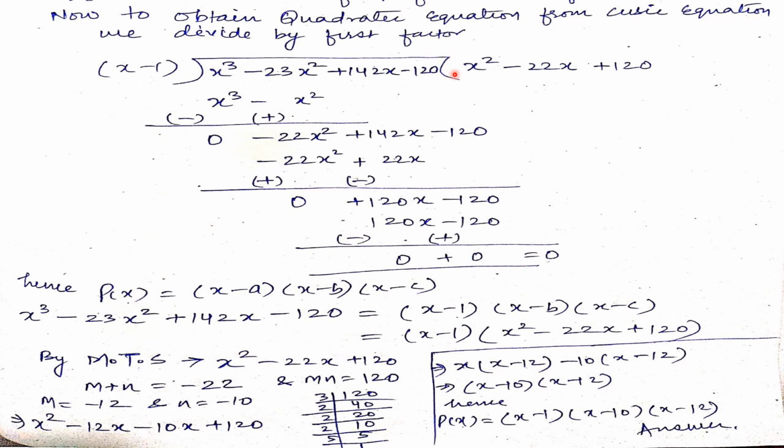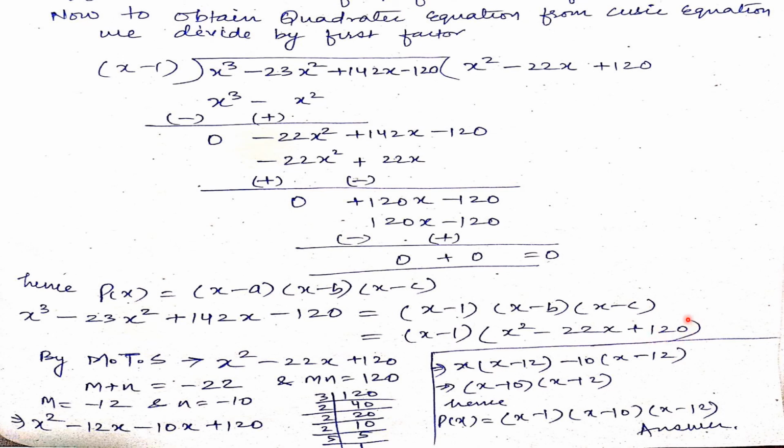So obviously we can say (x minus 1) into this thing is equal to the polynomial. Yes. So I've written over here also. This p(x) finally will look like this: (x minus a)(x minus b)(x minus c), because it is a cubic equation. So there are three factors. I have already found the first one, that is x minus 1. The remaining are (x minus b) into (x minus c), which are actually in this form right now. That is a quadratic form.